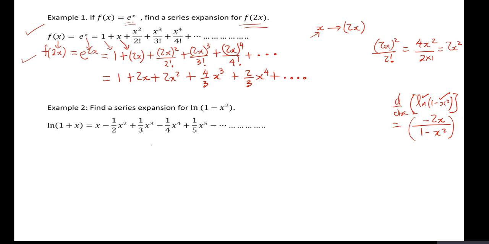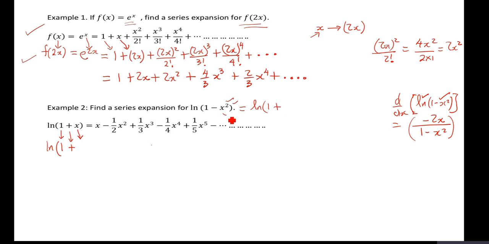However, what we can do in this case, because they don't stipulate we have to use Maclaurin series, is rearrange the ln of 1 minus x squared. So the ln of 1 minus x squared, I want to rearrange it in such a way that the 1 remains a 1 and the plus remains there. So I have to look at x and decide what x is actually replaced by to get minus x squared. And I'm going to write it here. So that will be the ln of 1 plus,